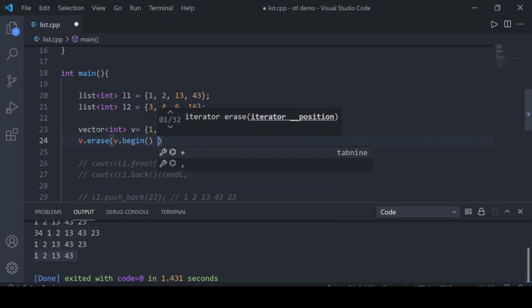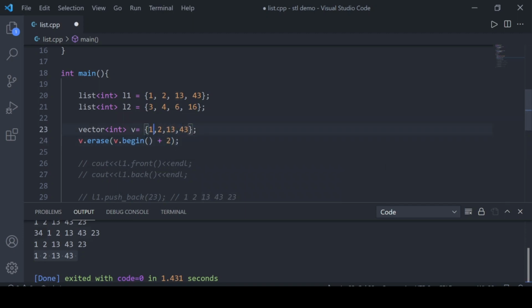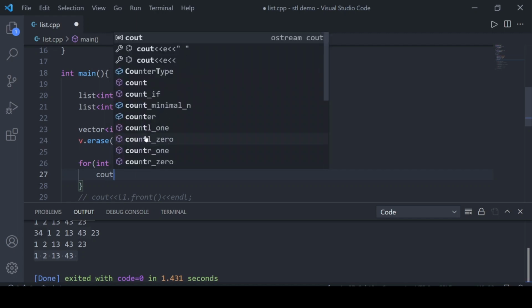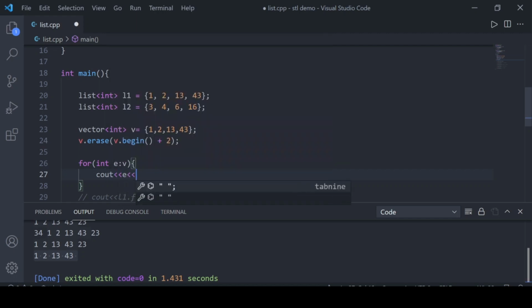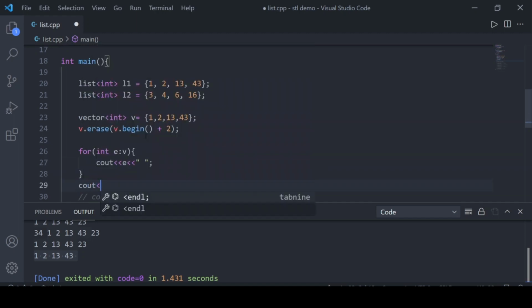So it would be v dot begin plus 2, because v dot begin is 1, and v dot begin plus 2 will be 13, so that would be erased. So let's print that. For every element in the vector, let's output that element and an ending line here. Okay, so it should work fine with the vector.